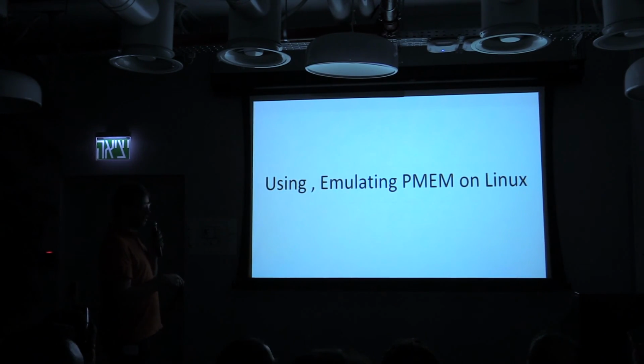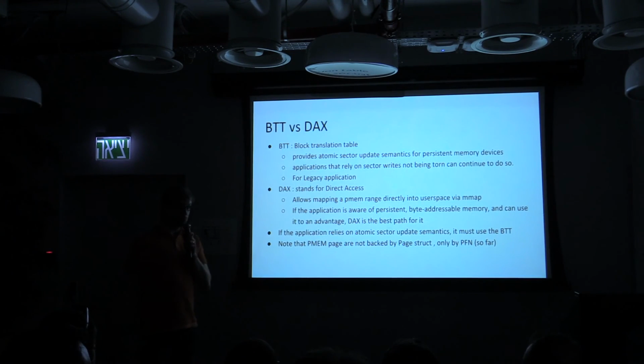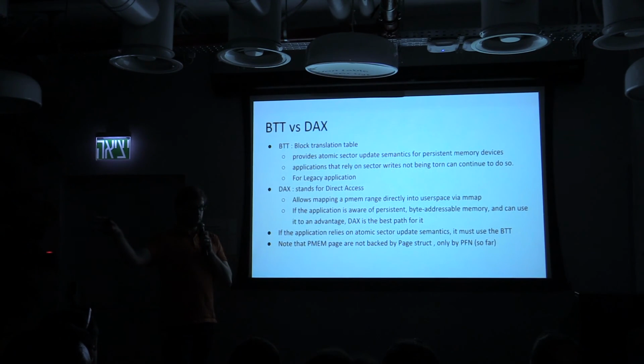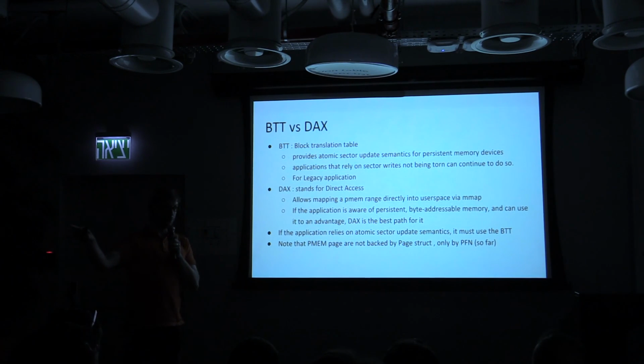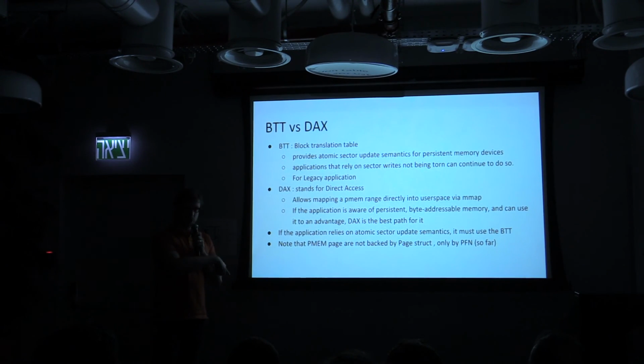What is PFN? PFN is the page frame number. That's the actual hardware address of the persistent memory. So most of the time you have the page struct, and then you go from your virtual address, walk down, get the PFN, and write to it. PMEM is addressed by, if you use DAX, a direct access. When you map it, you use the PFN address of the NVDIMM. And that's why if you don't have the page struct, you cannot do DMA. But there is a patch, since March 16, that has been proposed for doing that, from Microsoft people,